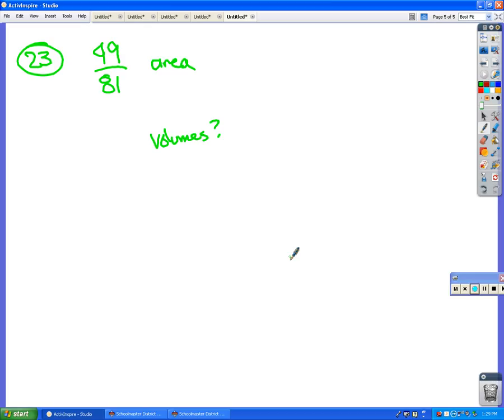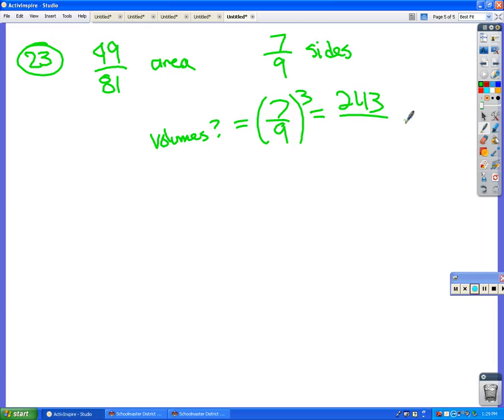Yeah, square root it. So the square root of 49 is 7, the square root of 81 is 9, and that gives you the ratio of the sides. We want the ratio of the volumes, so then you have to cube those. So the ratio of the volumes would be 7 over 9 cubed, which is 343 over 729. So if you start with the areas, you have to square root it to get the sides, and then you want volumes, and volume is cubic, so you have to cube the two